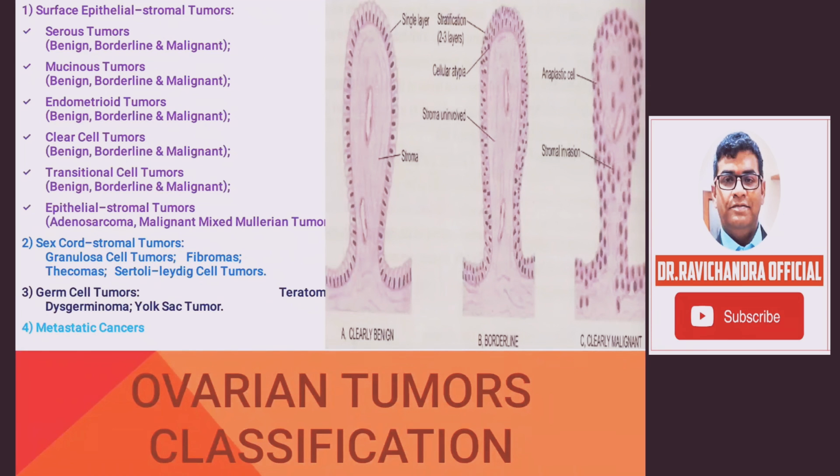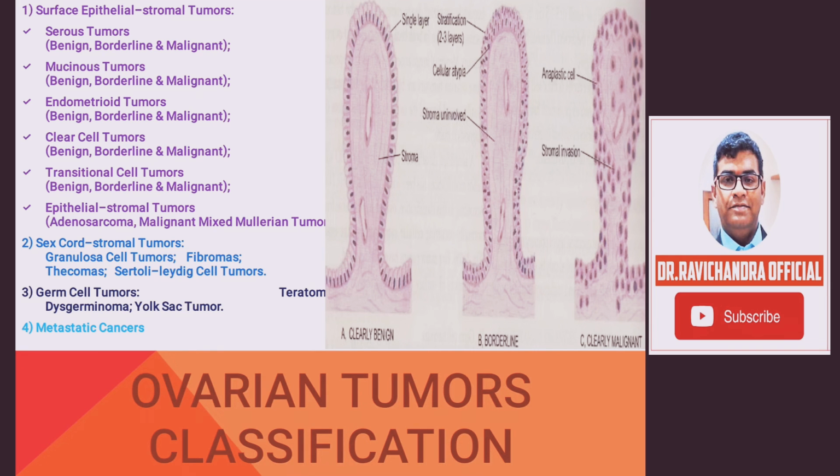Ovarian tumors classification. They can be surface epithelial stromal tumors, sex cord stromal tumors, germ cell tumors, or metastatic tumors. Four main types. Coming to the surface epithelial stromal tumors, they include serous tumors, mucinous tumors, endometrioid tumors, clear cell tumors, transitional cell tumors, and epithelial stromal tumors. These serous tumors, mucinous tumors, endometrioid tumors, clear cell tumors, and transitional cell tumors are further divided into benign, borderline,